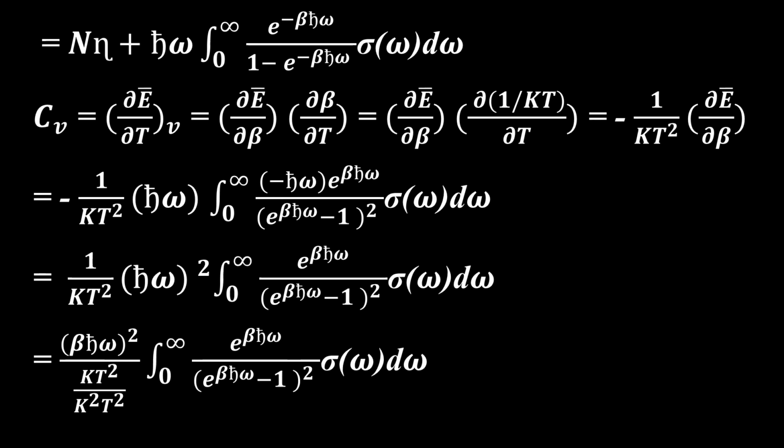and this term is obtained, equal to 1/kT² into (ħω)² ∫ from 0 to infinity of e^(βħω) / (e^(βħω) - 1)² σ(ω) dω, and simplifying the equation we get β(ħω)² by kT², that is k²T². Actually kT² here, putting the value of β, is actually β², that is actually k²T²,